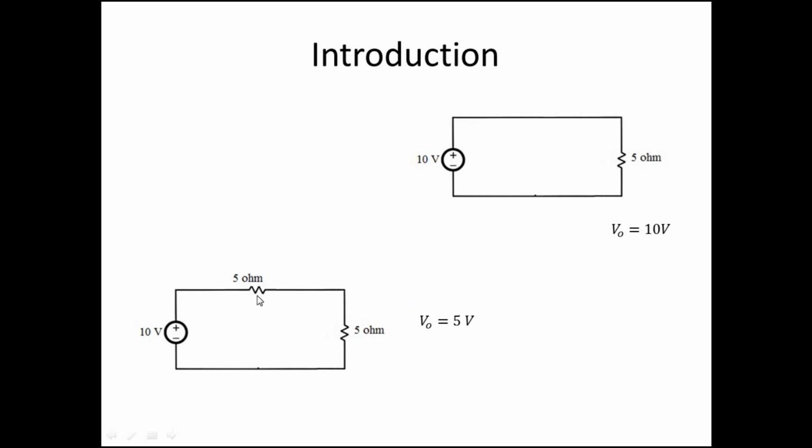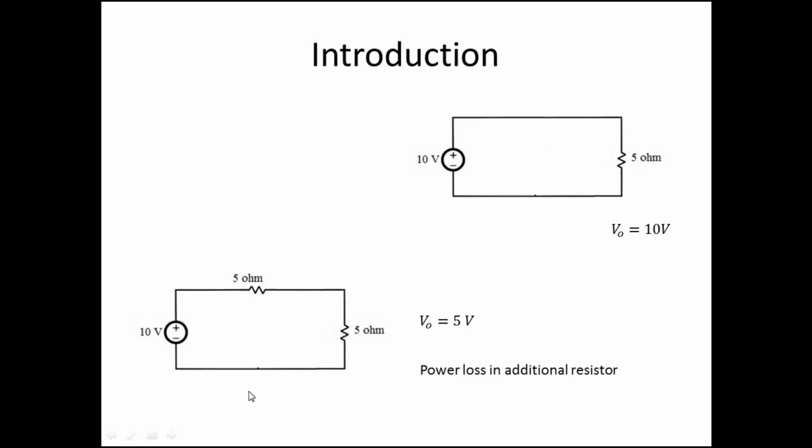But this conventional method has a disadvantage, because if you are connecting like this, there will be a current flow through this, say I, which will cause I square R, means I square into 5, that much power loss in this resistor. So for controlling, there will be a power loss across this 5 ohm. Okay, so this is a disadvantage.